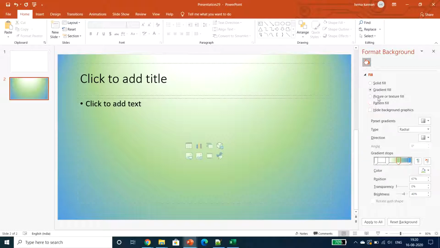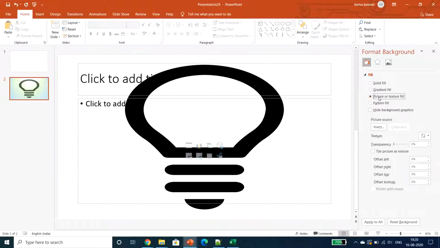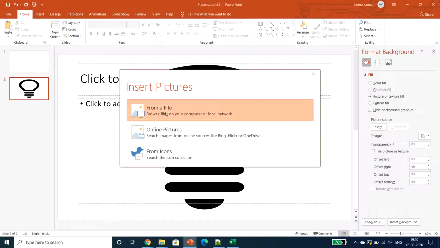Next one is picture or texture fill. In this picture or texture fill, it is taking the inbuilt picture we have already inserted. If I want some other picture to be included in our slideshow, just select insert. It will give options: from a file, online picture, or from icons.